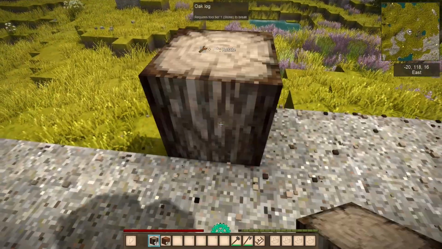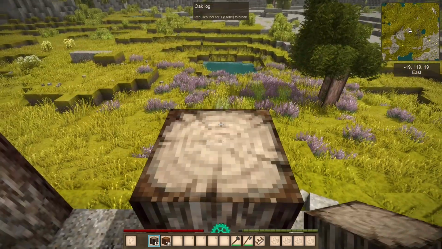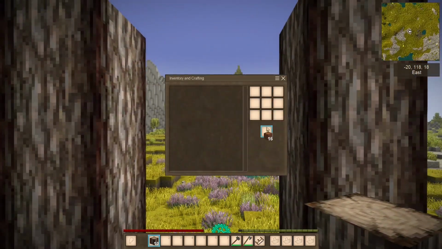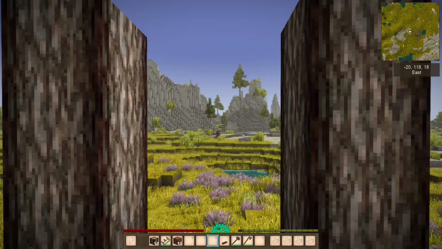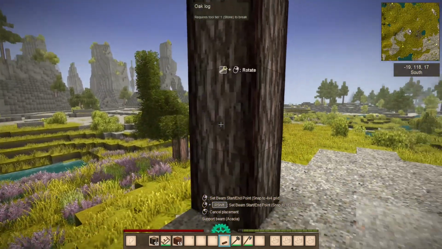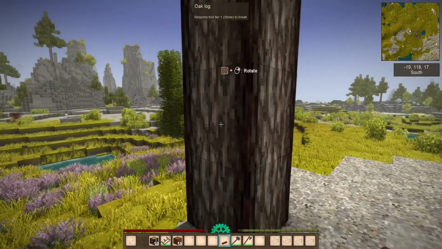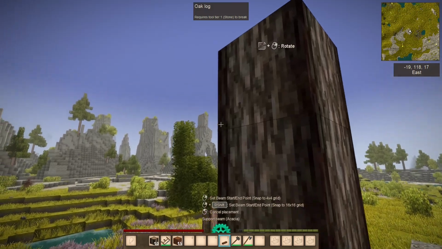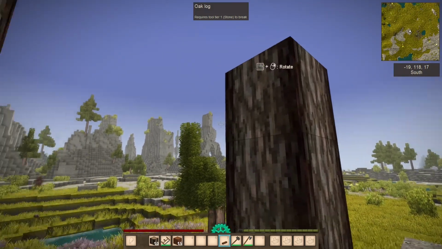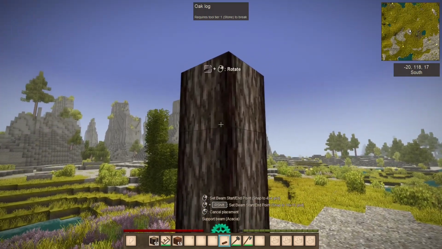But that isn't everything you can do with these new debarked logs, because if you take your log in your inventory with a saw, you can make a support beam. And these can be used to create beams that go to different locations. Notice how when I mouse over it, it says set beam. You can make a start point, end points, and cancel placement. What we're going to do is right click here,